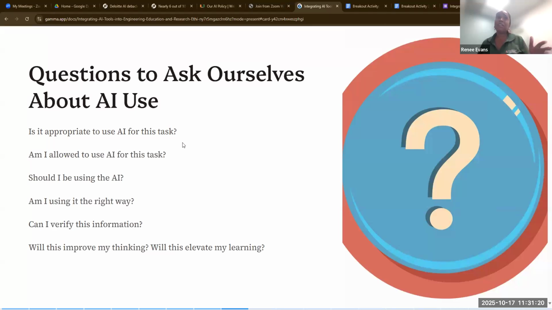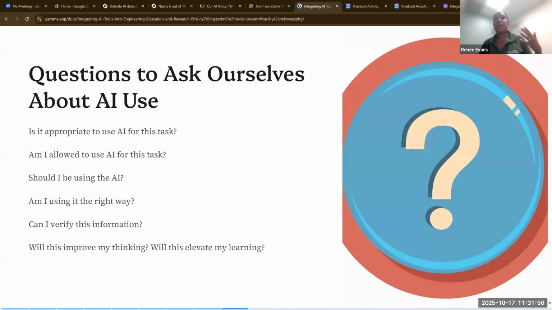I included a few here, and I think a lot of you already alluded to these, but is it appropriate to use AI for this particular task that I'm taking on, right? You want to ask yourself that question. Am I allowed to even use AI for this particular task? Should I be using it? Am I using it the right way? Can I verify this information? Will using it help to improve my thinking, or will this elevate my learning, right?